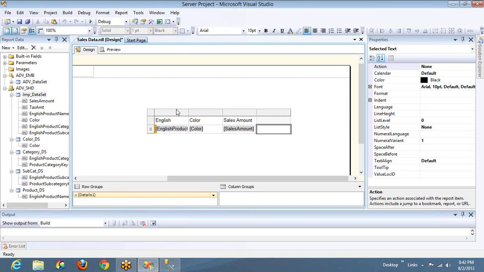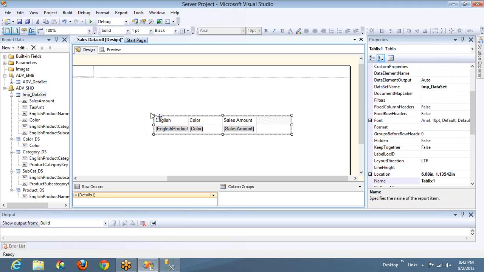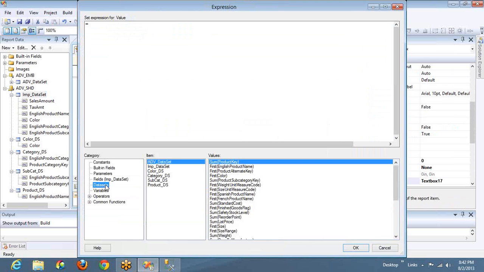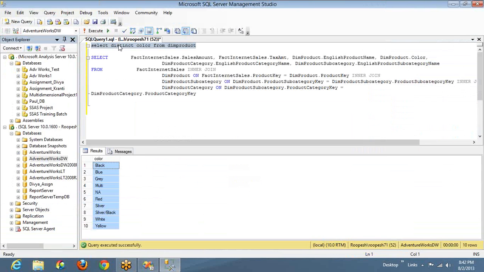So if you take two data sets, the number of records, the rows, will not match, and there is nothing to say that these two are matched. So that is why one table can have only one data set. One table can have fields from only one data set. So if you want to use anything else outside the data set, you can use the data set's first value, or the last value, or the sum of the values for a numeric value, something like that. You can use only aggregate functions like